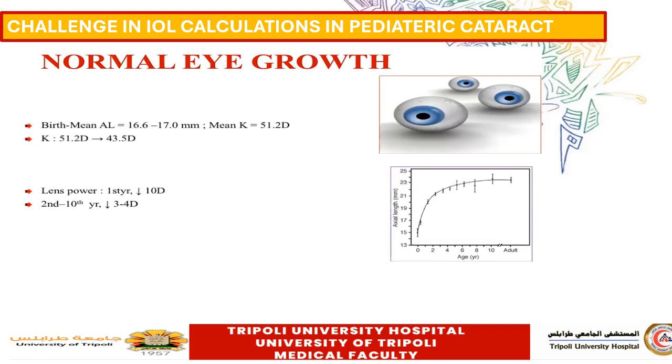Triphasic means it has a very rapid increase in the axial length within the first 2 years of life, and then a moderate increase in the axial length between 2 to 5 or 6 years, reaching up to around 0.4 millimeter per year, and then it slows down after the age of 6 years to around 1 millimeter per year. So this is a triphasic pattern of the increase in the axial length of the child who is born with an axial length of around 16.6 millimeter, and it will reach by adulthood, after the age of 8 years, around